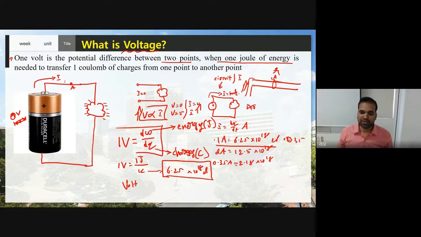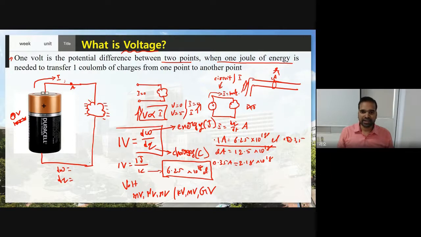Okay. So the other units, if it is smaller than 1 volt, you can call it millivolt or microvolt or nanovolt. If it is more than 1 volt, you can call it kilovolt or megavolt, or we use high voltage in electric batteries and electric vehicles, that is gigavolt, something like that. Okay. Now, here we are using 1 volt equal to dW by dQ. Here dW is the small change in energy, and dQ is the small change in charges. This is all about voltage, guys.